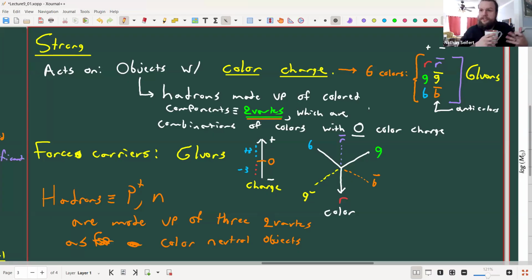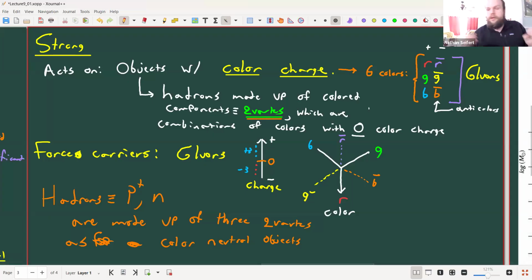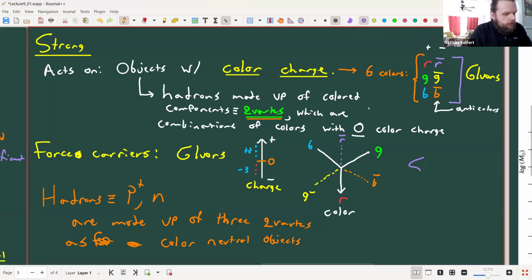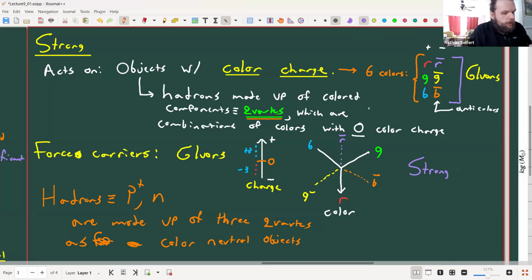gluons. Gluons always come in pairs as well, because for complicated reasons, they in some sense act opposite the electromagnetic force. And the important thing about the strong force, and this is what keeps nuclei together, is that the strong force has a huge quirk.